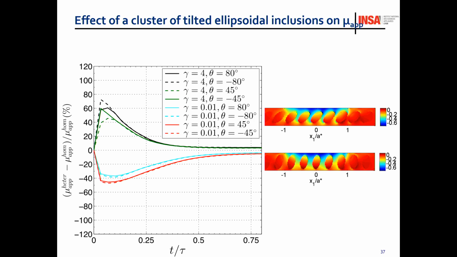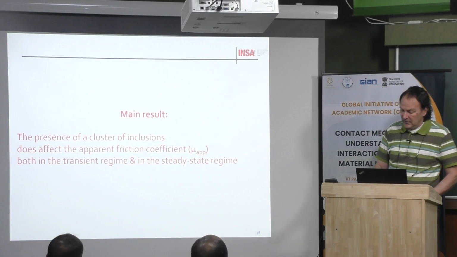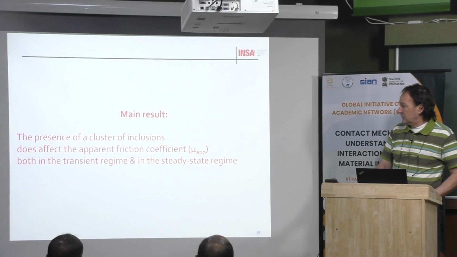In fact, when you start to slide, the beginning is very important. When you are already sliding, it's too late. You will fall down. But for example, if you have some shoes, what happens at the beginning is very, very important. And this is why the transverse regime is, I think, important. Then this intermediate conclusion is that the presence of a cluster of inclusions may change the apparent friction coefficient, and then you can play on that to increase or decrease the friction coefficient.